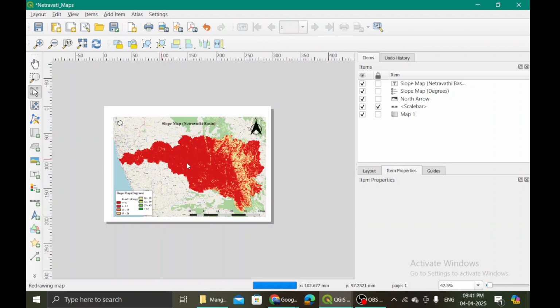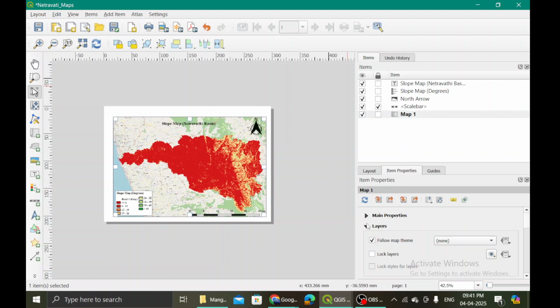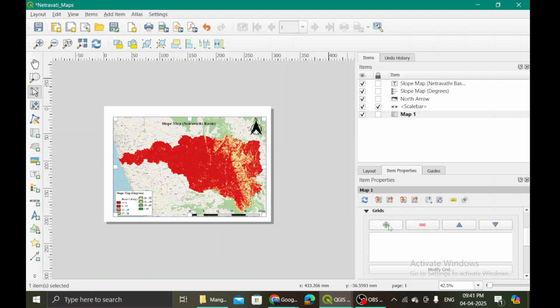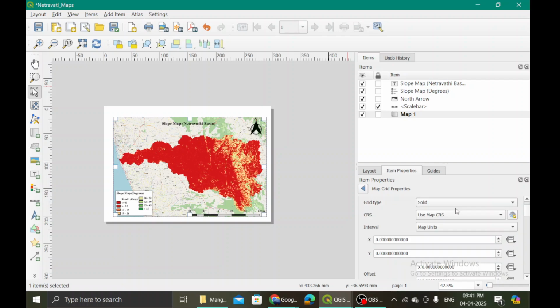Now, next we will go for adding grid, and for that we go to map. Right? We go to map where we will go to grid. You can drop all these things, shrink all these options down, and then go to grid where we will add a new grid and go for modifying it. Solid grid is fine.